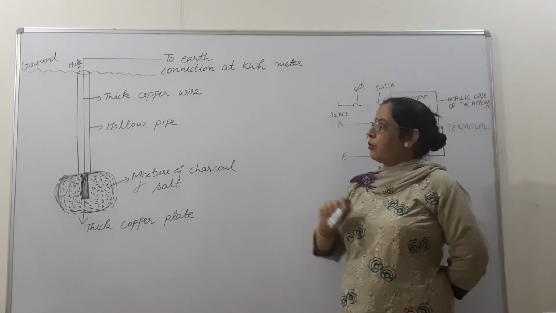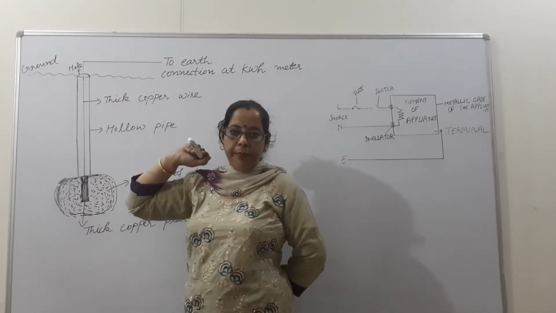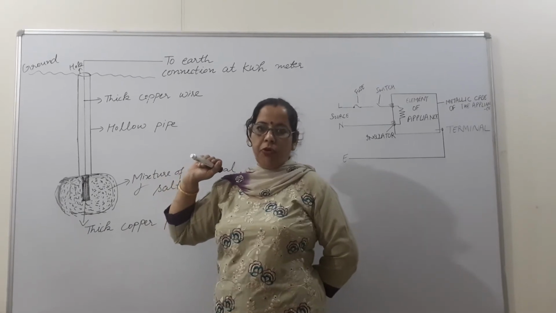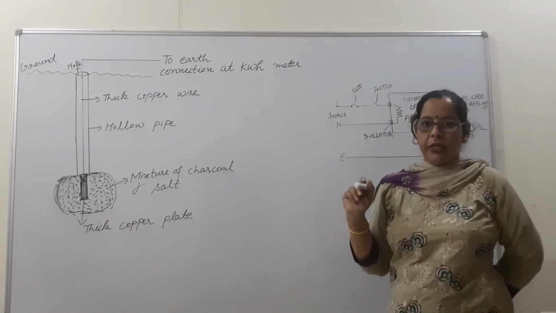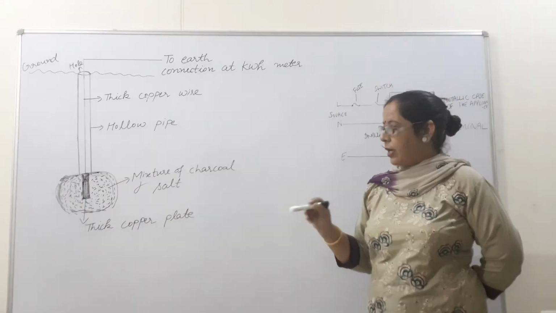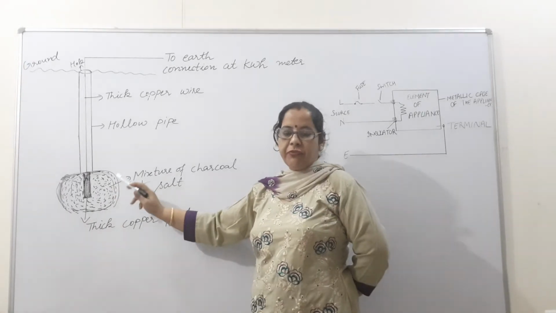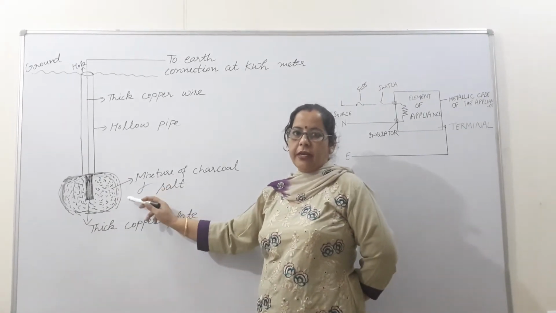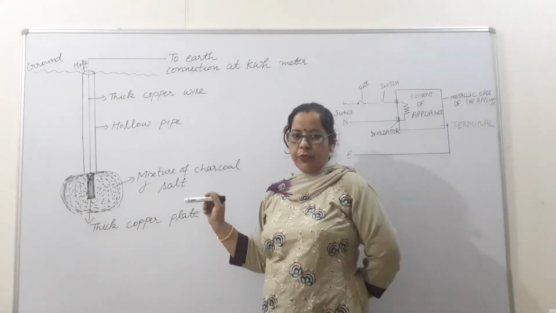And for that we have to send some water through this pipe from time to time, because water will form a good earth connection, so that our ground becomes damp, which will give a good earth connection, and the current will flow to the earth in a nice, swift way.